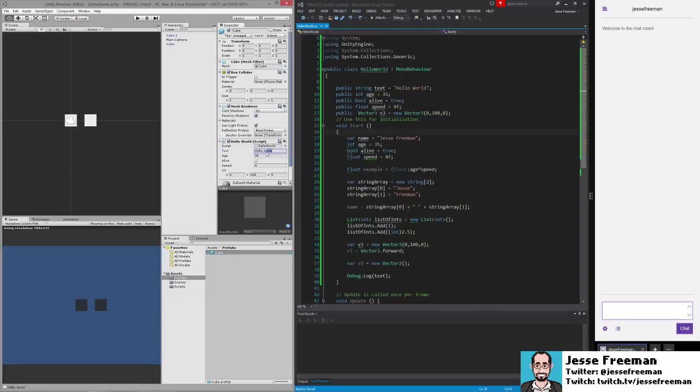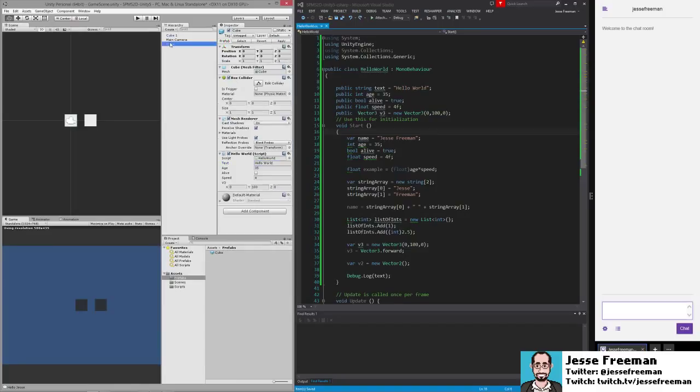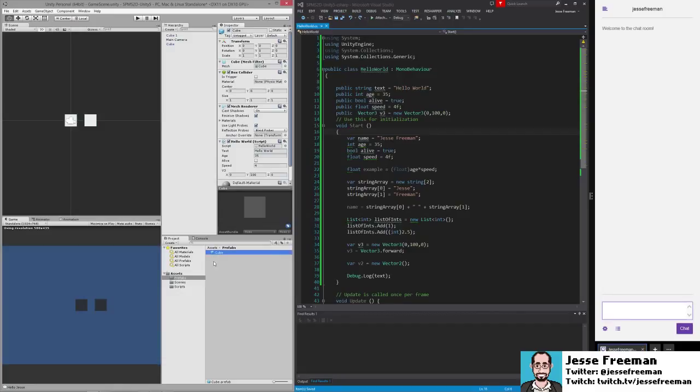So if I go in here and I edit this and I do Hello World and I fix this back, then I go and I select my game objects, you'll see that each one of these now has Hello World because I changed their parent. If I was to override this and write hello prefab, you'll notice that the text became bold. I'm in this instance, and this has not been saved back to the prefab. In fact, if I select this cube, you'll see that it still says Hello World, and this cube here says